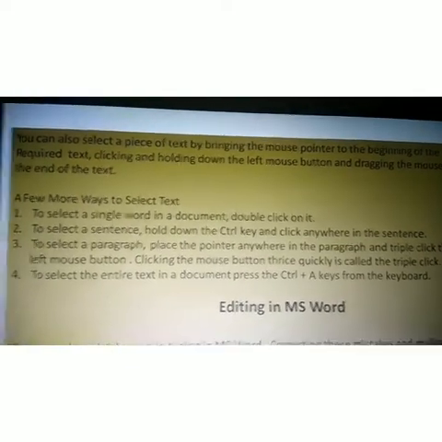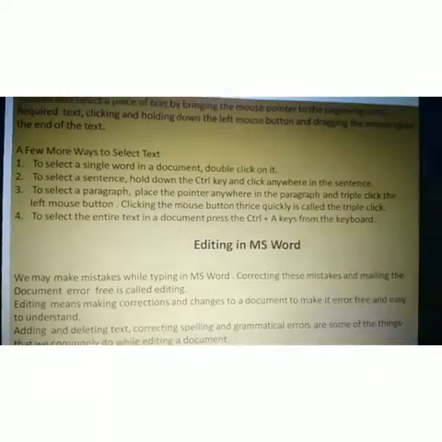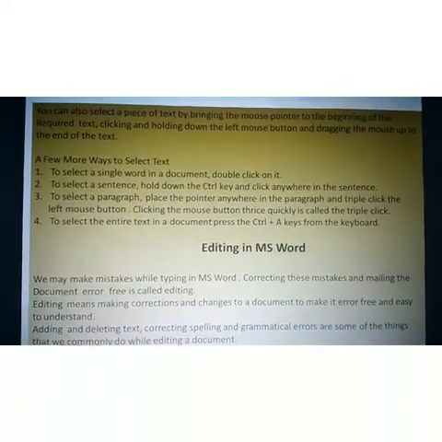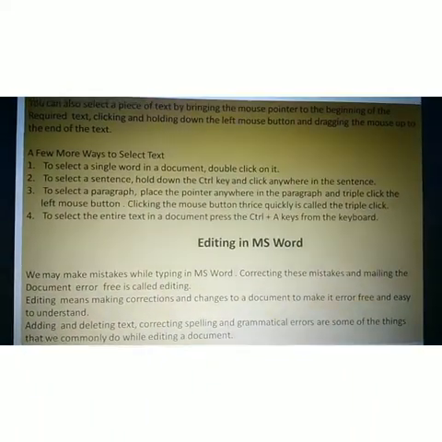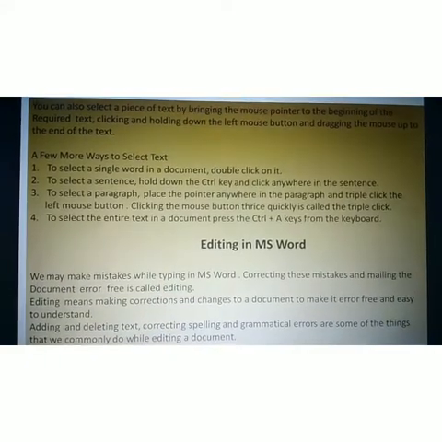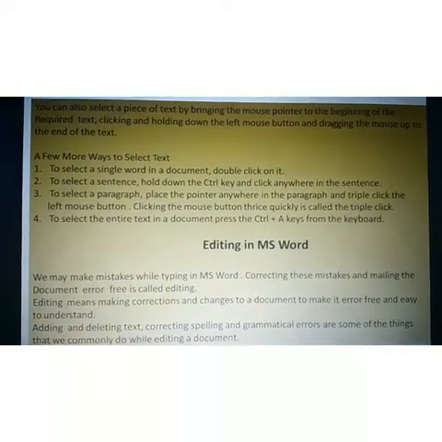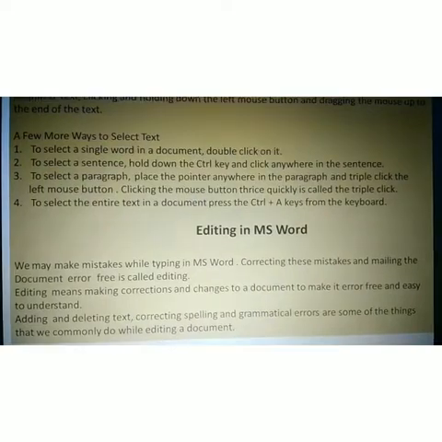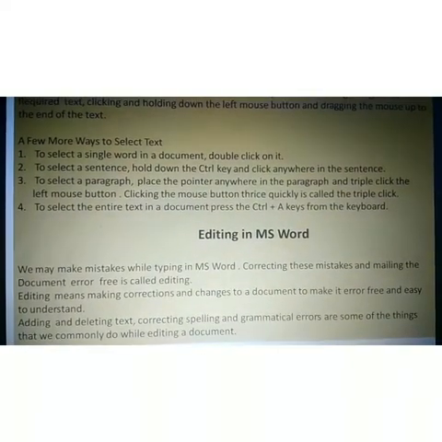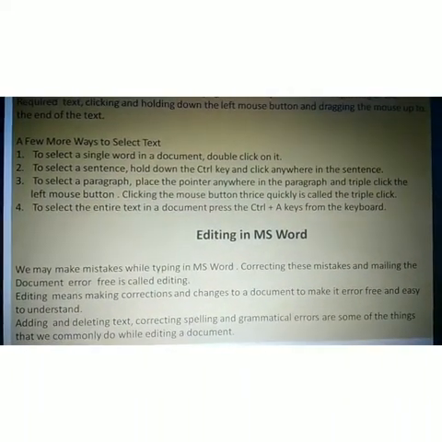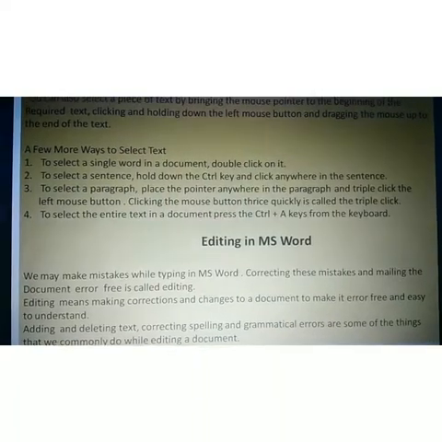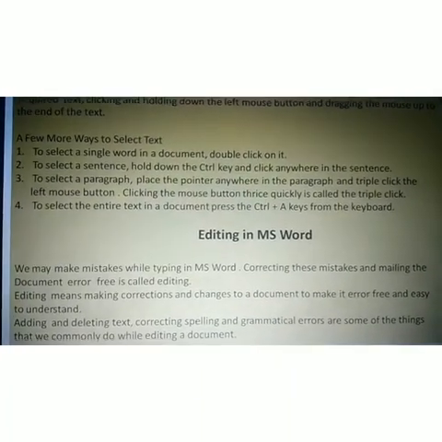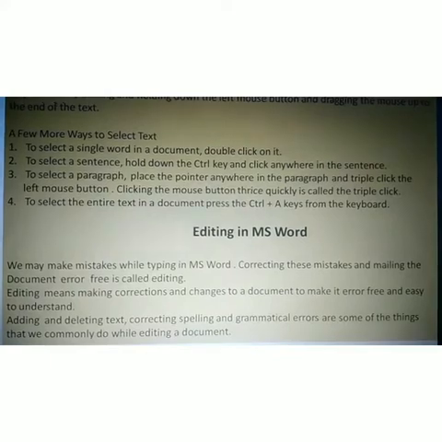Okay, student, next is editing in MS Word. Editing means changes to anything. We make mistakes while typing in MS Word. So correcting these mistakes and making the document error free is known as editing.